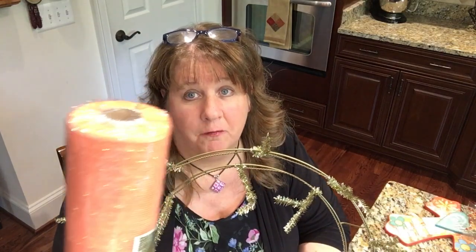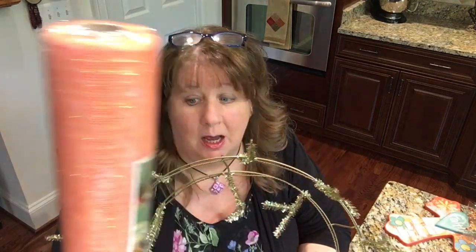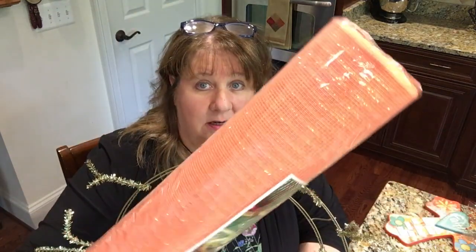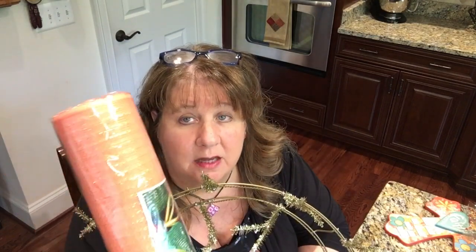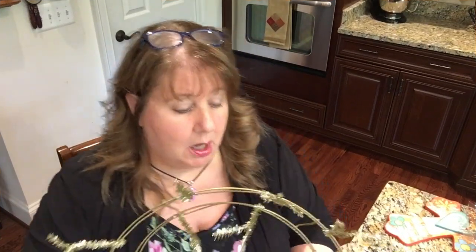So I will not be using this for that wreath. I've changed my mind. I'm sure I will use this for something else. I'm not sure what yet, but I'm sure I'll find something. I'm not getting rid of this. I think it is so pretty. I wish that I had built a bedroom, to be honest with you, around this. I think this is just the prettiest color. I'm just in love with this color. But I don't know, I'll find something to do with it. But in keeping with the theme of the peach,